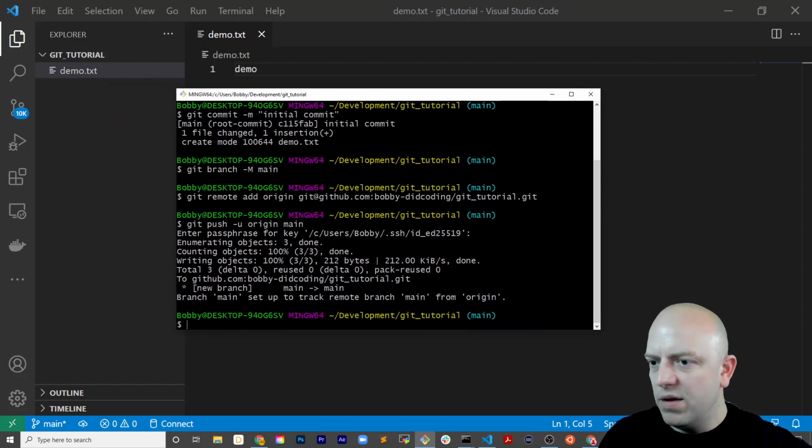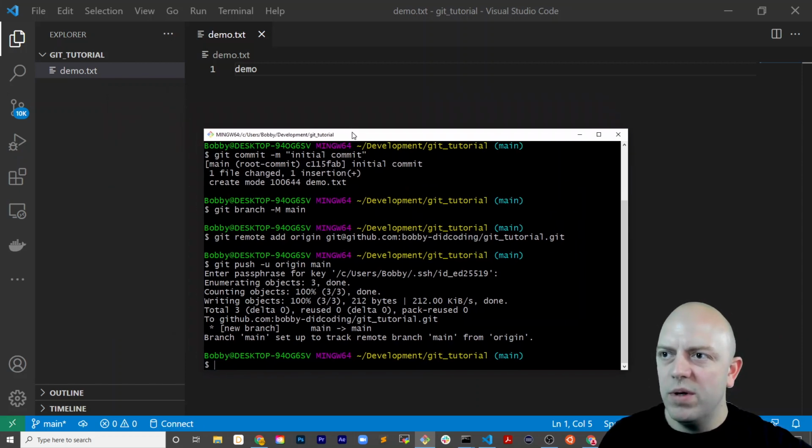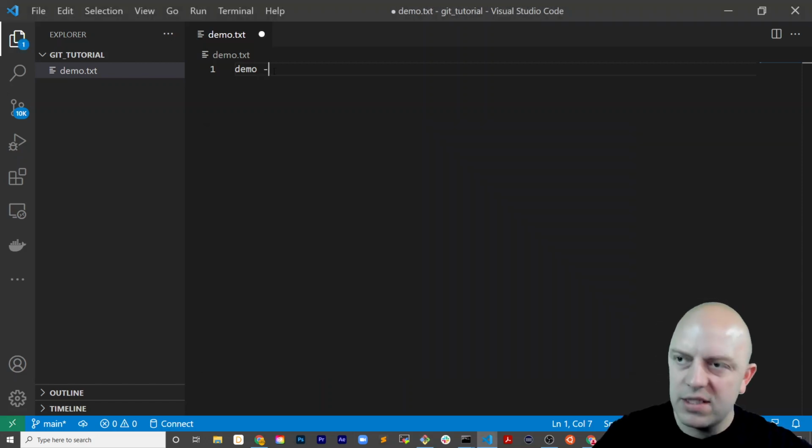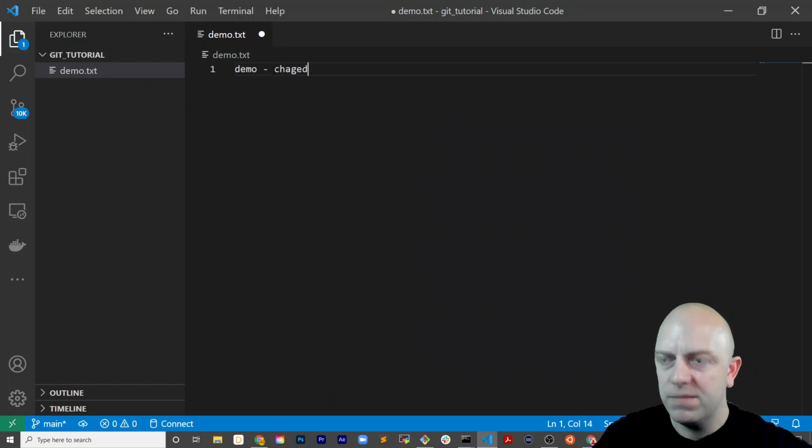Okay, so now we will make a change. I'm going to show you two ways to undo a local commit. The first way is to completely nuke it and revert back to as if you'd never made any changes on your local files. And the second way is to reset the commit so you can actually make changes and recommit. So we will change this file to changed